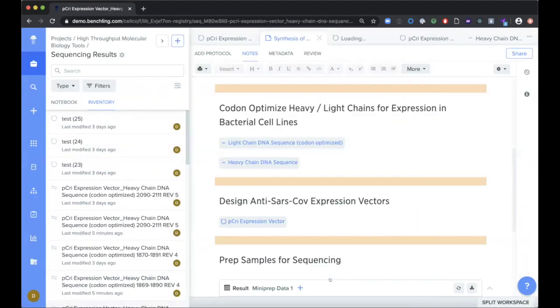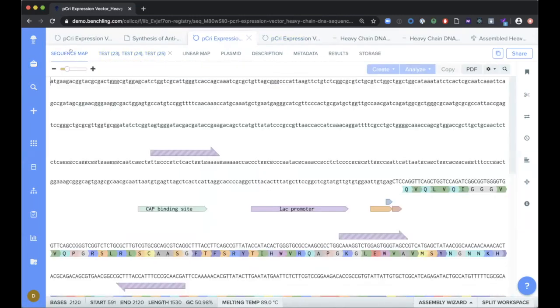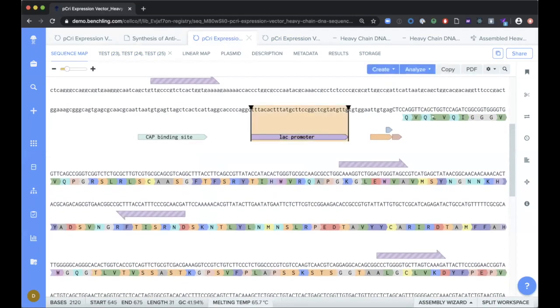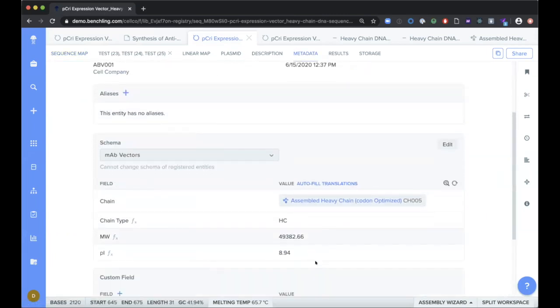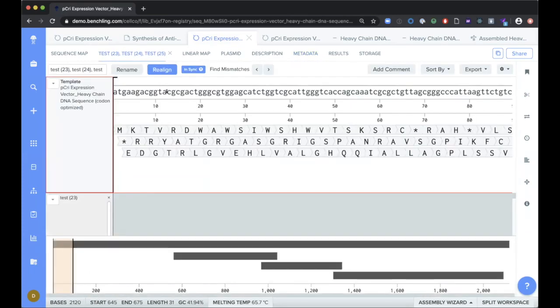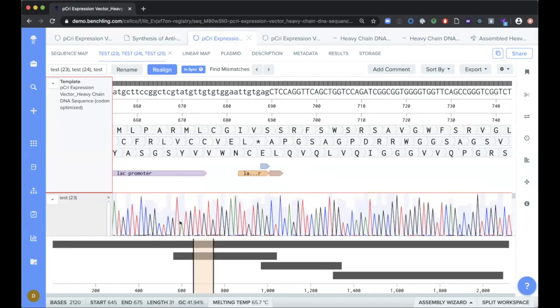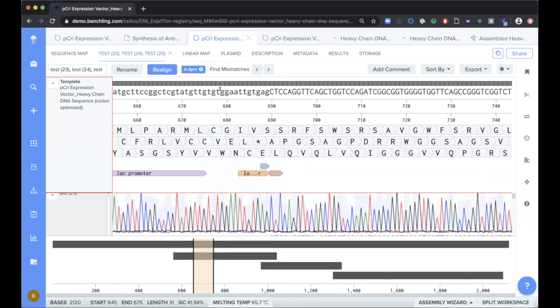What Benchling will then do is actually open up my template map. So close this out here. You'll see that this is the same sequence map that we generated in the bulk assembly tool with our lac-Z promoter, our heavy chain here, the metadata corresponding to the DNA sequence with some biochemical properties. And now in this tab here is our alignment. So you'll see here then that everything that I got, this is Benchling's alignment tool. I can compare my individual traces against my template map. In this case, I did a wonderful job with my assembly, of course, and I was able to sequence this